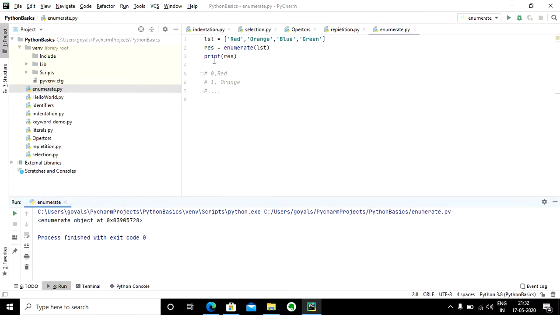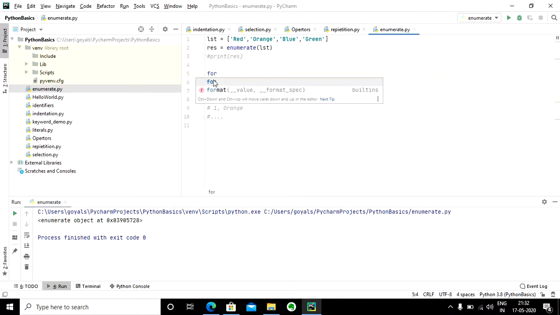Since I've told you that this is going to be a numeric listing of the objects, there are going to be two terms involved here: first, a numeric index, and second, the actual value. If I want to take the output of this, let me comment this print statement. Then I'll have to use a for loop, because it contains multiple elements.